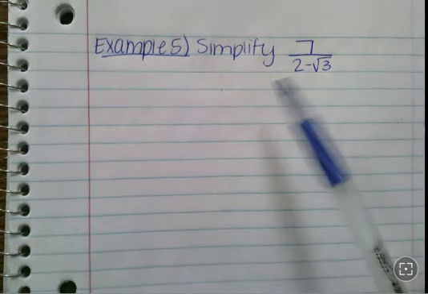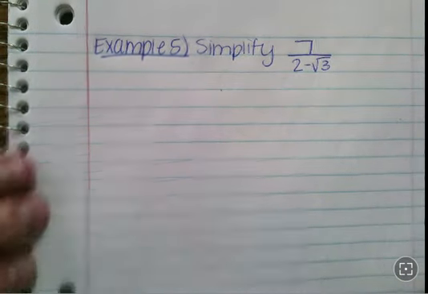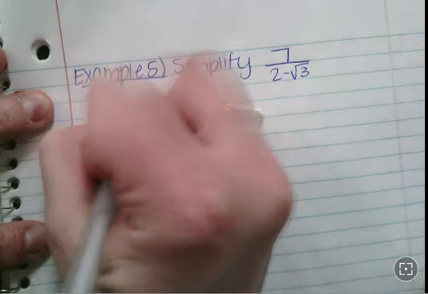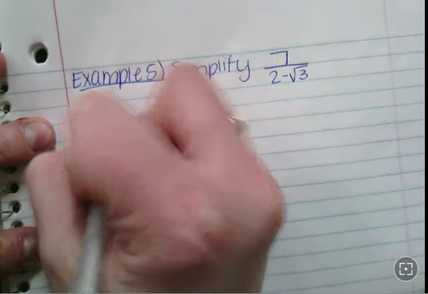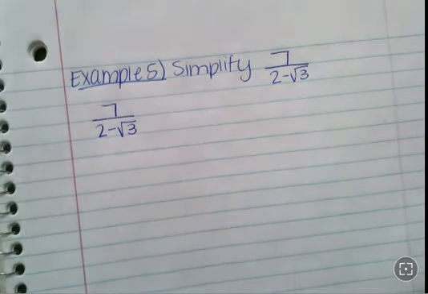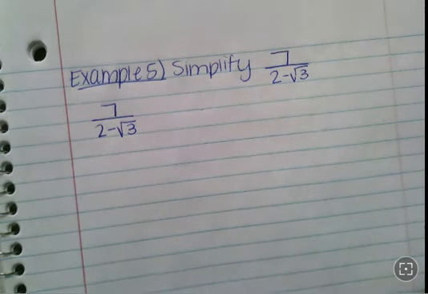But the reason why this one is a little bit more involved is because now this is a binomial on the bottom. You've got a 2 and then a minus. Okay, so we're going to deal with it a little bit differently. Now, this is one of those things where Miss Baucom is going to do something, and I don't expect you to have come up with this on your own. This is just something that I'm going to tell you, and I want you to watch how it works